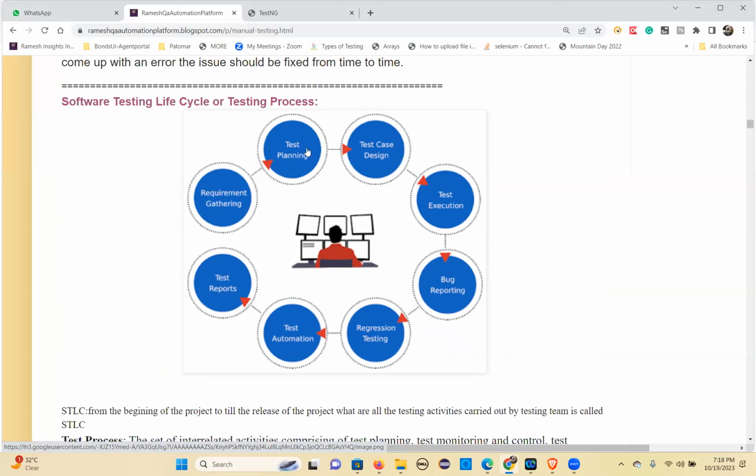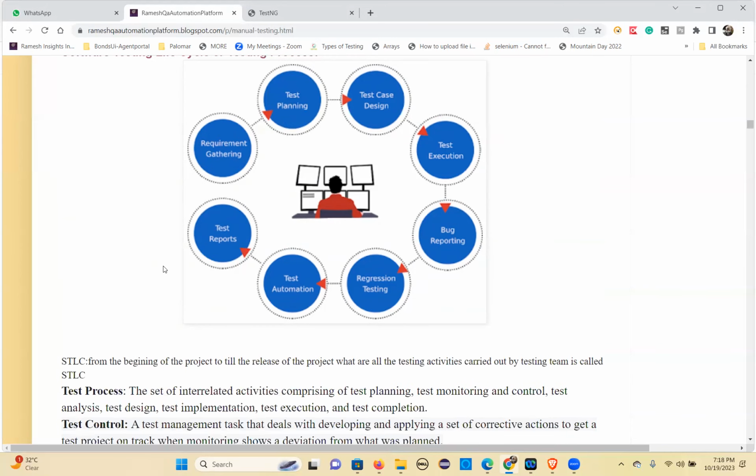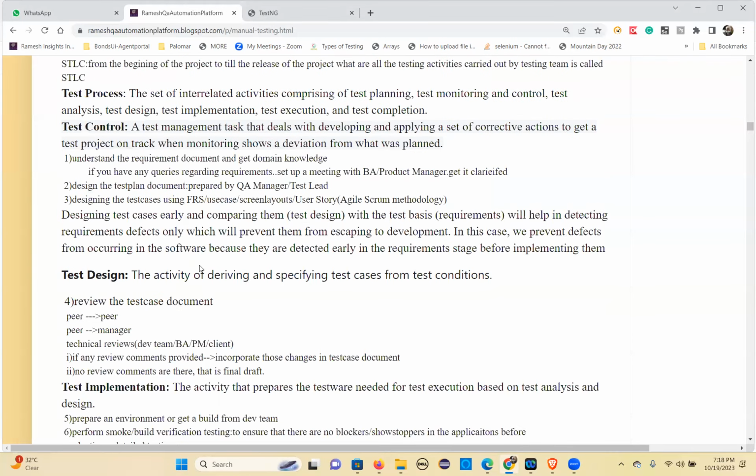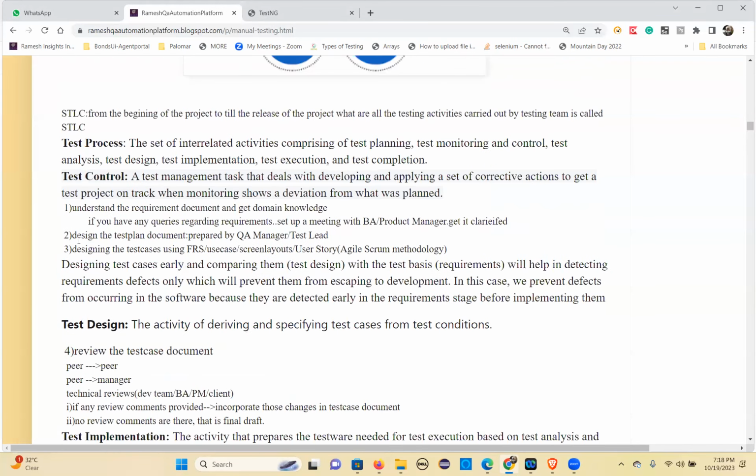Everything will be included in this test plan document. That will be prepared by senior people, not junior level, who have a fair idea about the testing process. The test plan is prepared by a QA manager or a test lead. Then